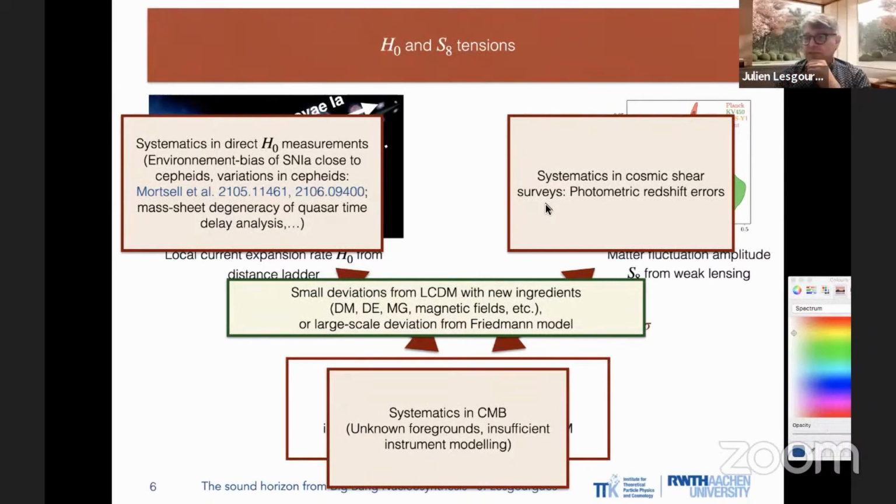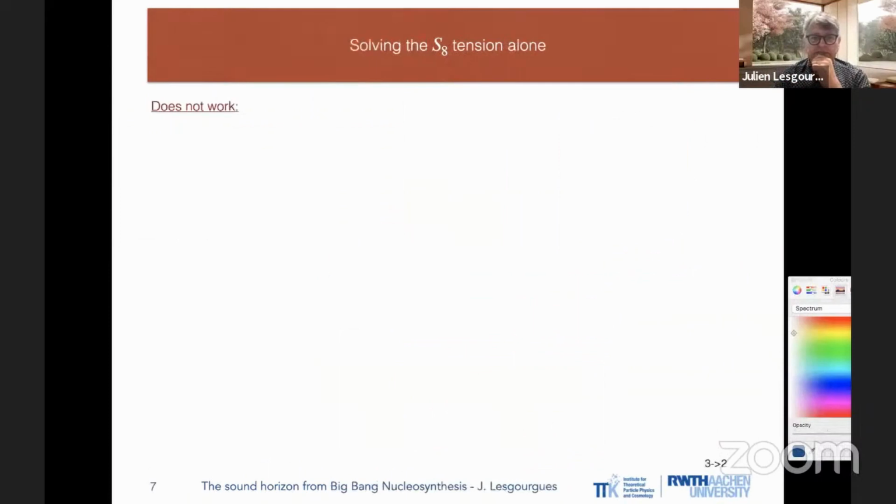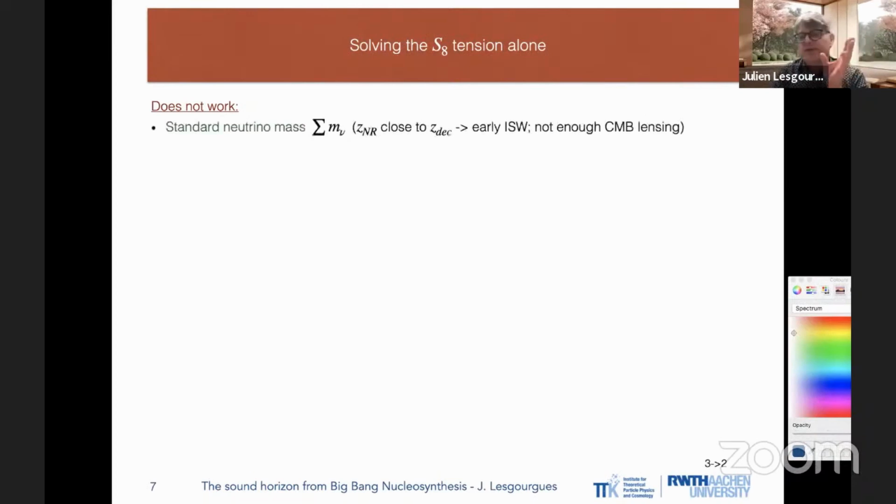So I will take this point of view and do a review of, for instance, what could solve the S8 tension. This one is the easier one. The Hubble tension is really very, very delicate to solve. For the S8 tension, there are ideas. I should start by saying that the simplest ideas would not work. If you just say, I'm going to assume a large enough value of the standard neutrino masses, and this will decrease the power in the matter power spectrum and solve the S8 tension,